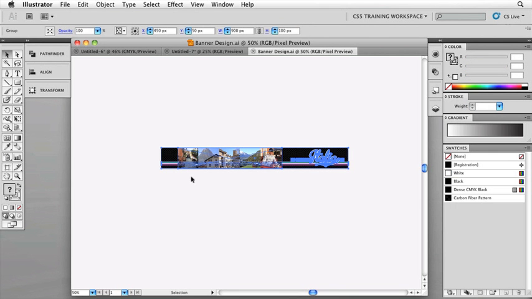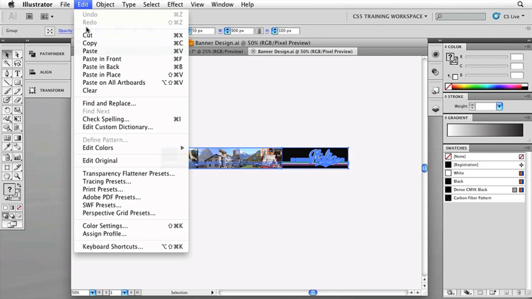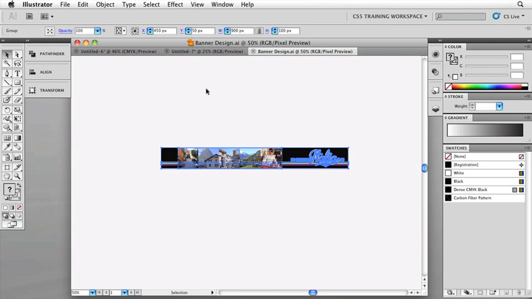Going to select it. This is why we went back to our main selection tool. Just click on that. And because I have it already grouped together, it's going to pick up all of those artwork elements. What we can do is go to Edit and choose Copy. As a standard, it's Command-C or Control-C on the PC. So make sure you go ahead and copy that, and then we'll switch back to our RGB document here in